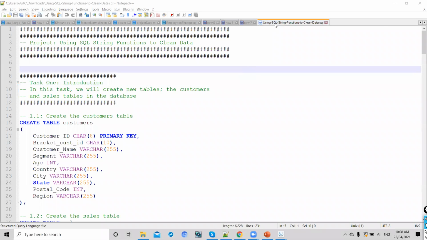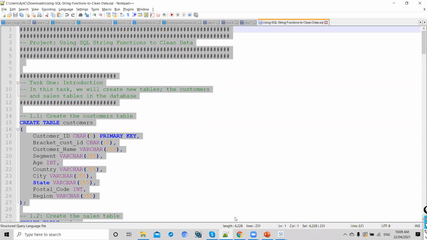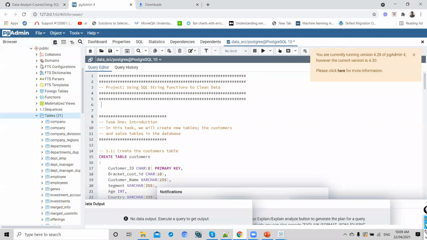So yeah, open this, use SQL string functions to clean data, and then copy all, and then paste in your query tool. Open one database, and then